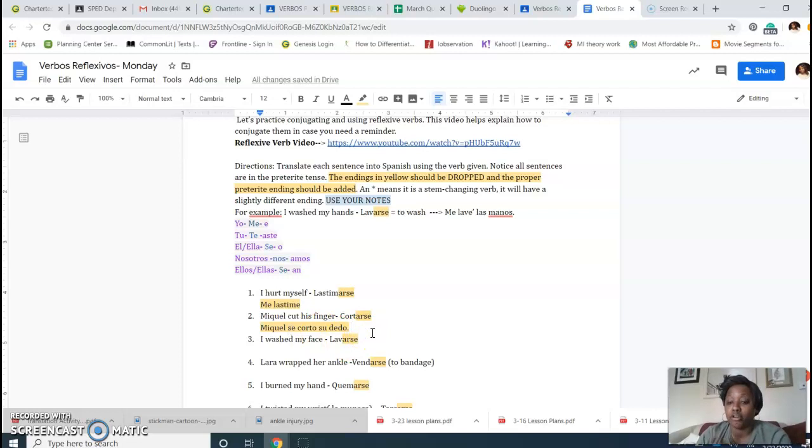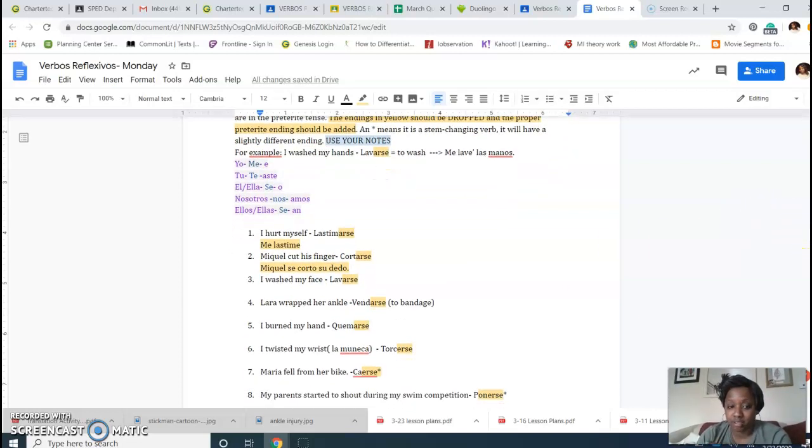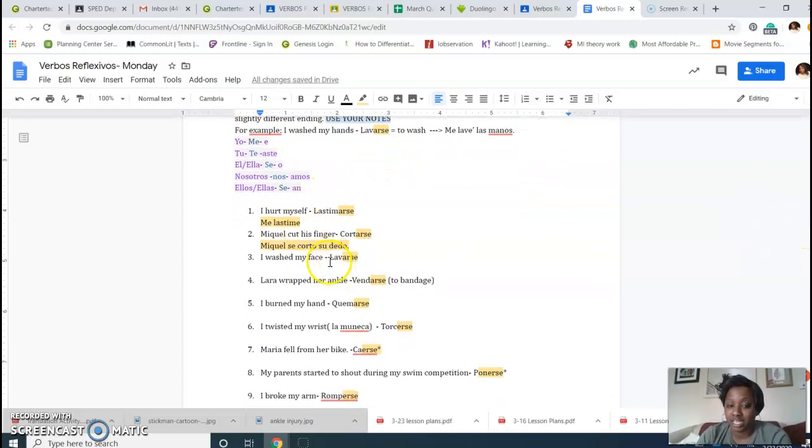Alright? So you're going to go through each exercise on here, and all you're doing is conjugating these verbs that I put on the side, and then making sure you add that subject pronoun in front. I've already given you the verb you have to use, so you don't have to guess at that. The only part that may be a little tricky is translating this sentence from English to Spanish. If you need help with that, that part you can Google, but it's also on your notes that I posted